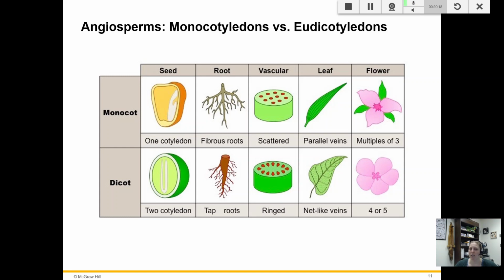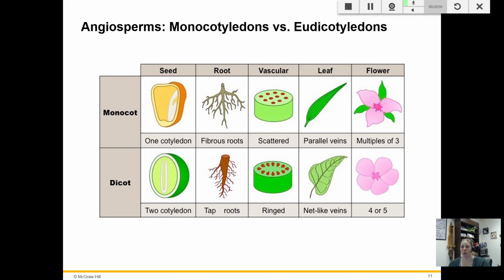You can tell by the leaf and the flower whether you are looking at a monocot or a dicot. If the leaf can be peeled into strips, it's a monocot, and it has parallel veins. If you peel it and it breaks into pieces and it has net-like veins, it's a dicot. So that would be the difference between grass and a maple tree, okay? In addition, the flowers can tell you. If there are multiples of 3 for the sepals, the petals, the anthers, and the stamen, then you know that it is a monocot. If it's in multiples of 4 or 5, it's a dicot.